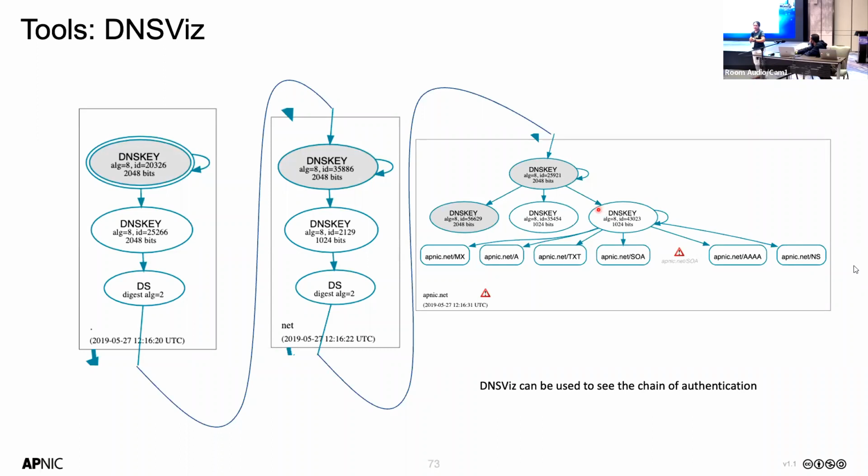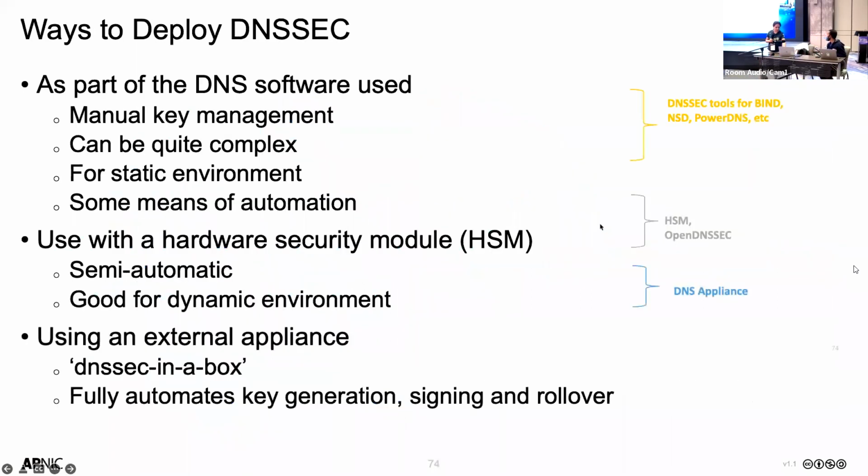In key rollover, usually you have overlaps when both of the keys are valid so that it doesn't disrupt the validation. So, if you're already doing DNSSEC validation, please use this tool. Really very, very useful to have. Questions? I think that's it. Just a couple more slides here, on different ways to deploy DNSSEC,